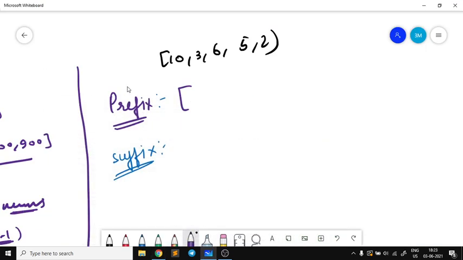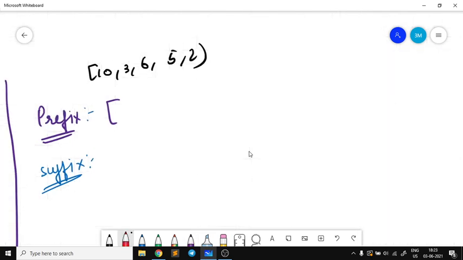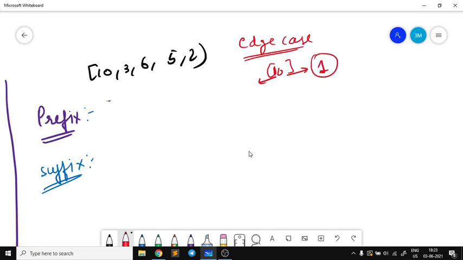Why so? Okay, so take the base case or the edge case. Now for the edge case, suppose I have only a single element, that is 10. Now can you feel that for this 10, there is no element on the left and no element on the right. But we have to exclude this element, so the final answer will be 1. So if I have a single element, we have to return the final answer as 1. Similar logic we will be using here.